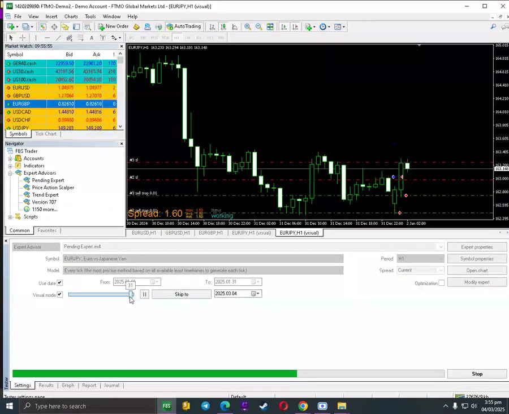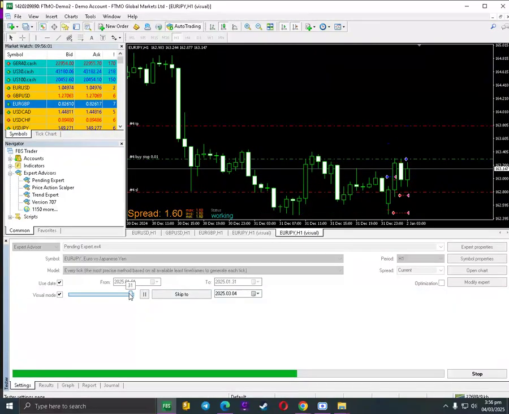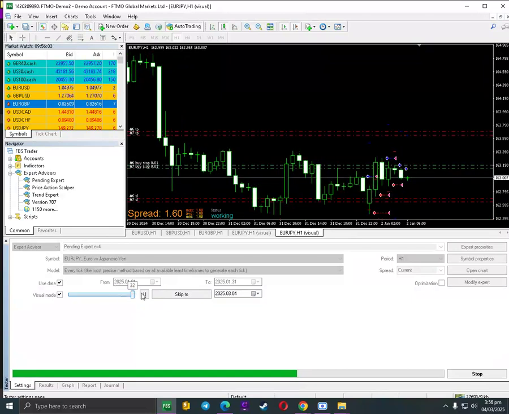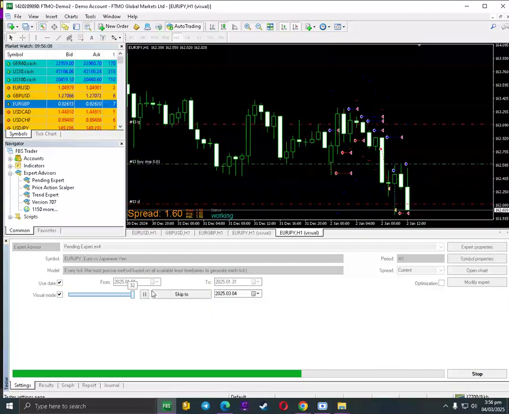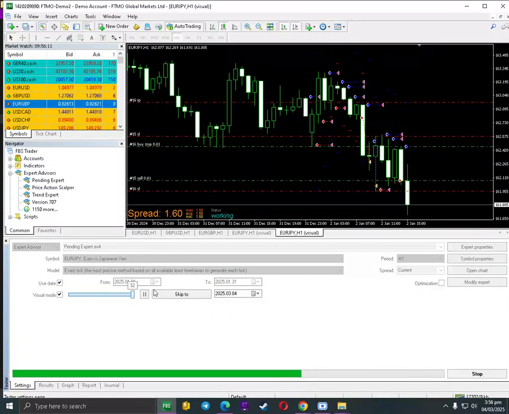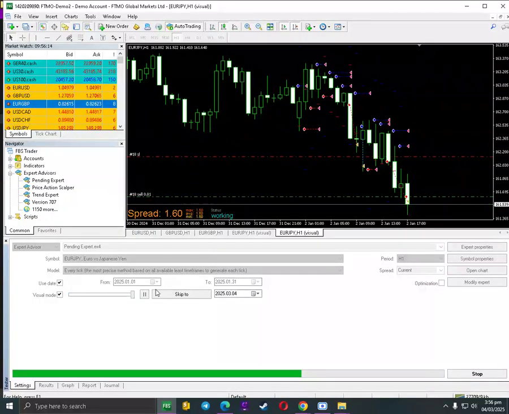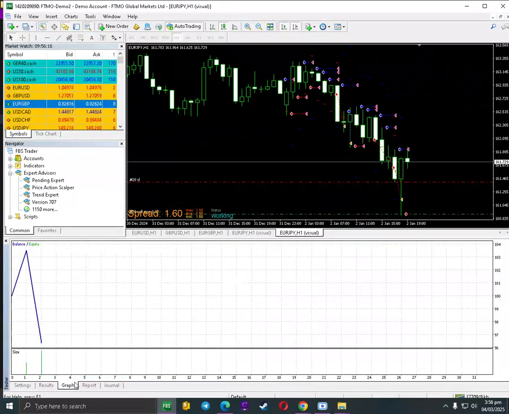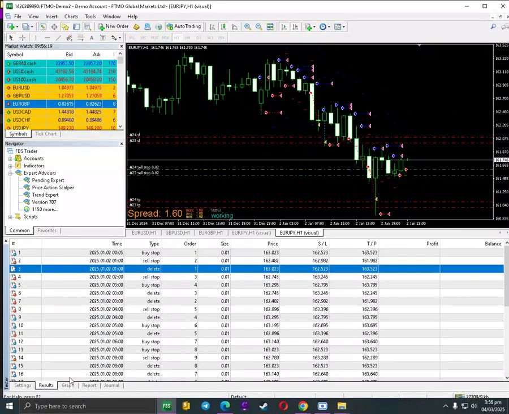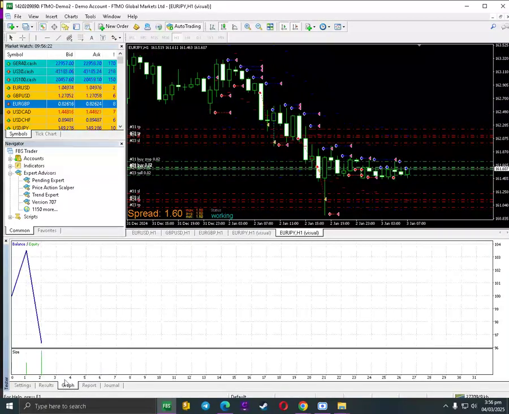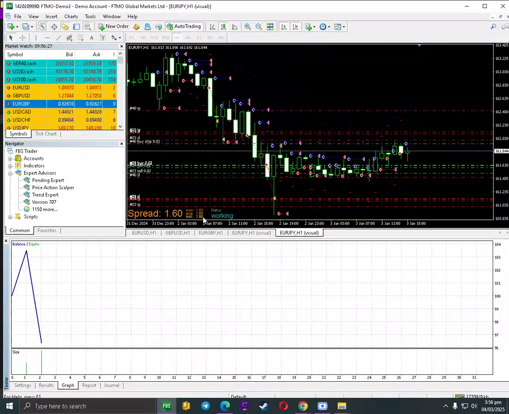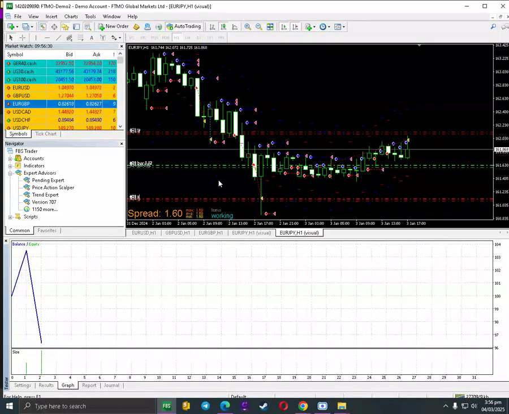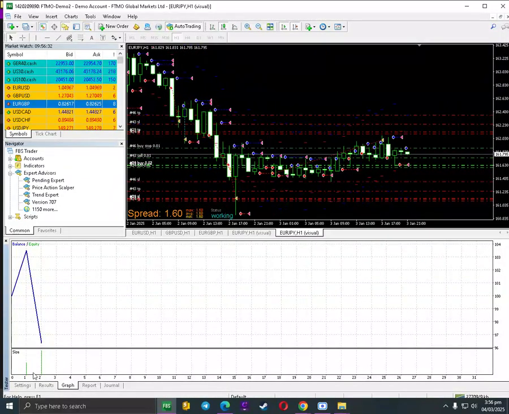So let's check again. So if that one is a bear candle, the sell stop will be closed, as you can see, right? Because we are trading the breakout, guys. If there's a breakout, then it will take the trade. So let's see the graph. So I guess it's a leak or whatsoever, but I don't know why it trades 0.02 in there.